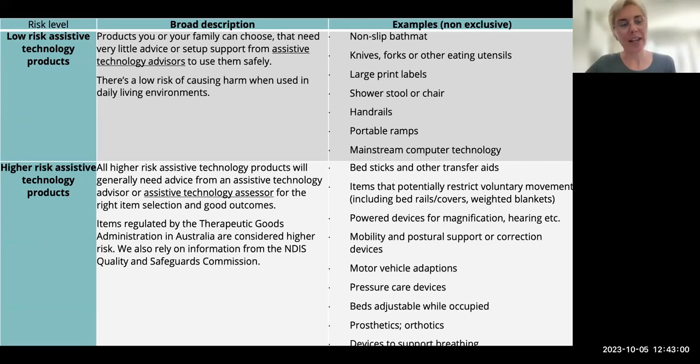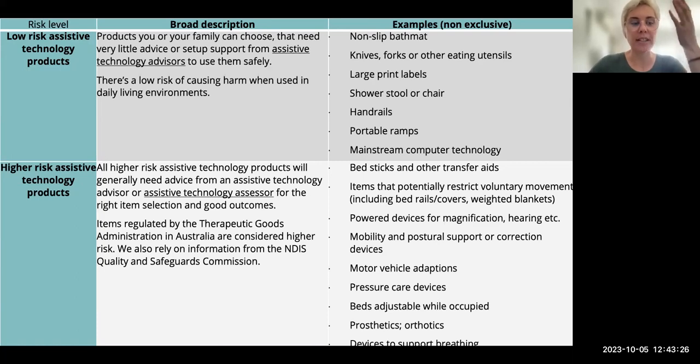It doesn't specify here, but they're adapted knives and forks. So not just your regular knives and forks, they're adaptive cutlery. Large print labels, a shower stool or chair, handrails, portable ramps, mainstream computer technology. That falls under mainstream computer technology, so iPads fall under low